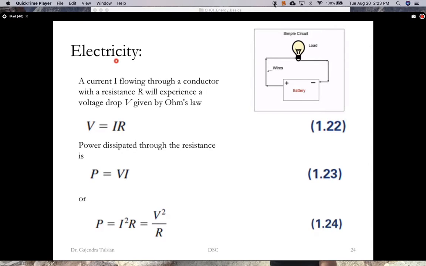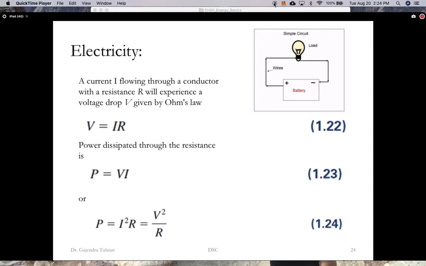Okay, now let's look at some basic equations involving electricity. So here's a very simple circuit: a bulb connected to a battery. When you connect a bulb to a battery, what you have is a current that flows through like that. What is really happening is electrons flow in this direction, and what this device does is convert electrical energy